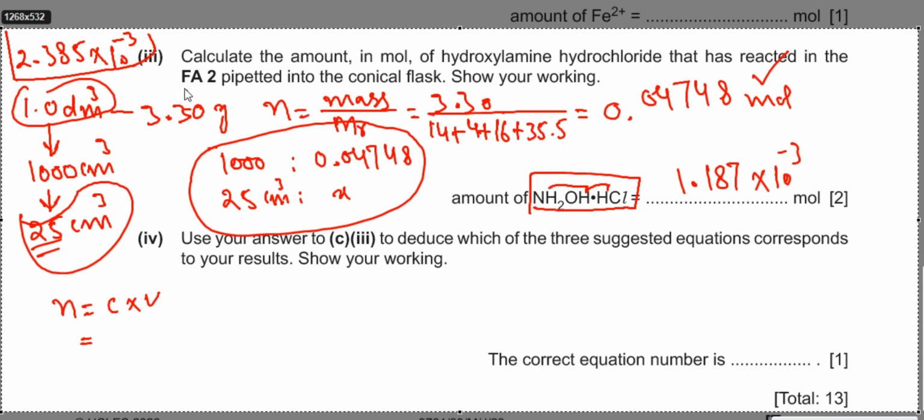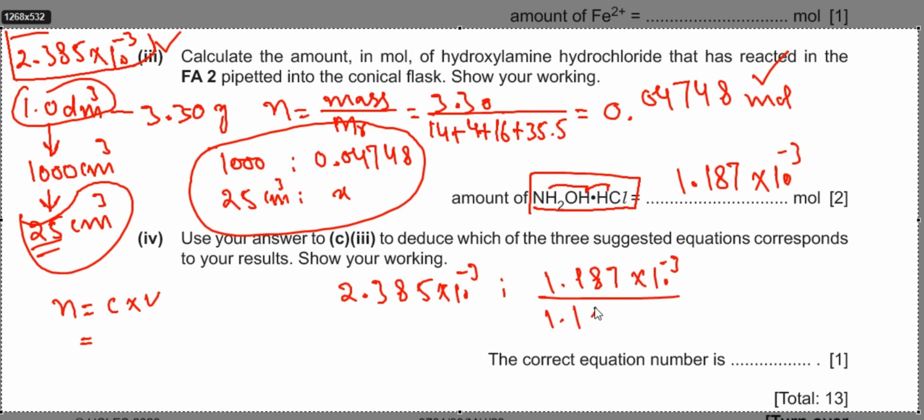Okay, so that was actually, yes, I write it here, 2.385 times 10 raised to the power minus 3. This was the answer. So write it down, 2.385 times 10 to the power minus 3 ratio. This is for the iron 2 and this is for the methylamine. Okay, that is 1.187 times 10 to the power minus 3. Which one is the smallest? This one. So you have to divide this 1.187 times 10 to the power minus 3,